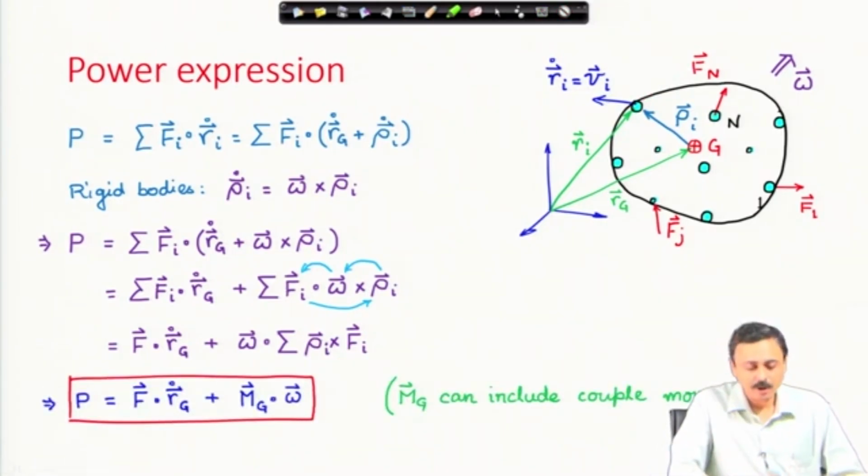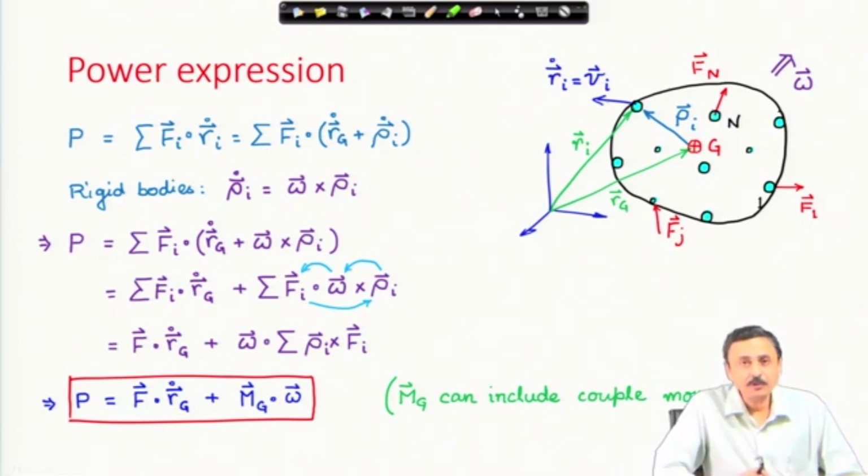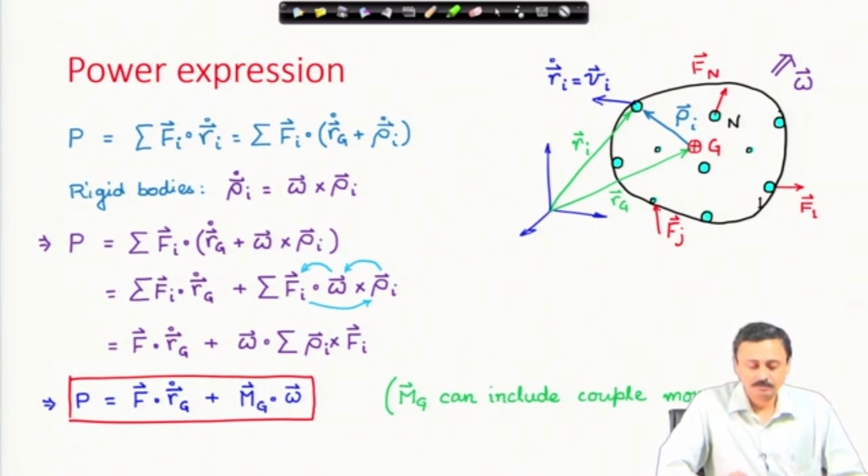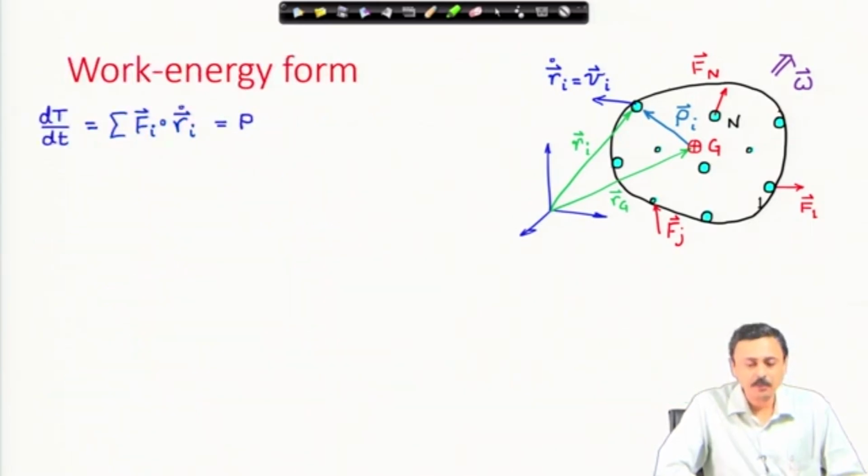Therefore, the net power is equal to net force dot velocity of center of mass plus net moment about the center of mass dot omega, and this moment can include couple moments as well. So, that is the power expression,